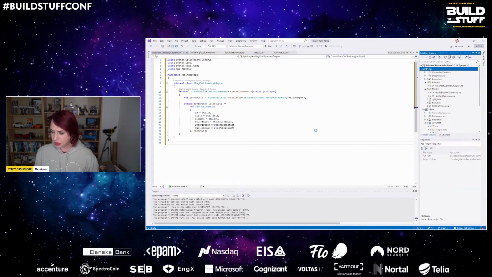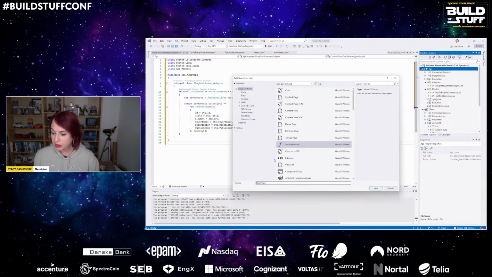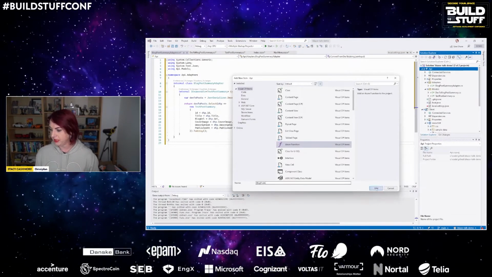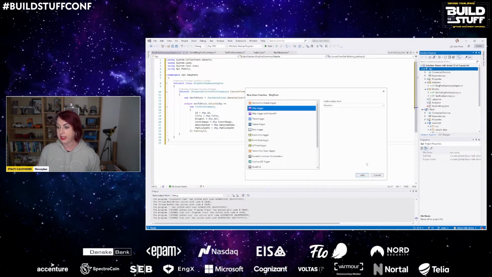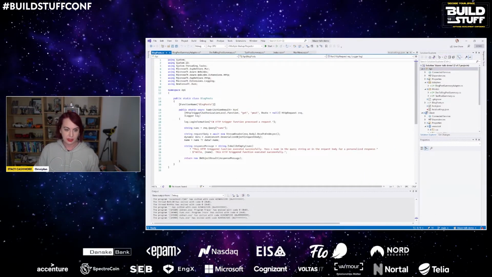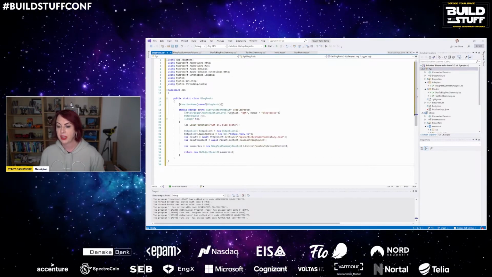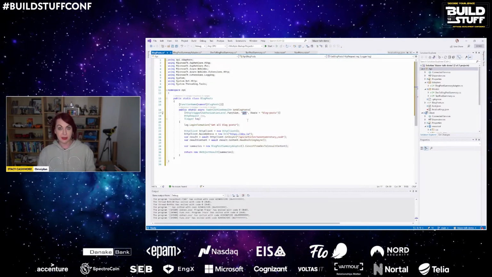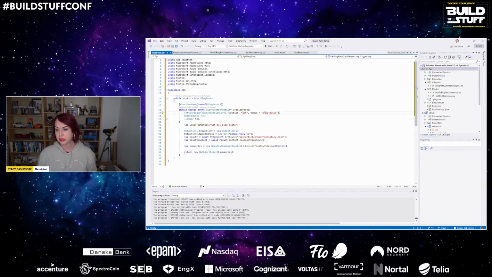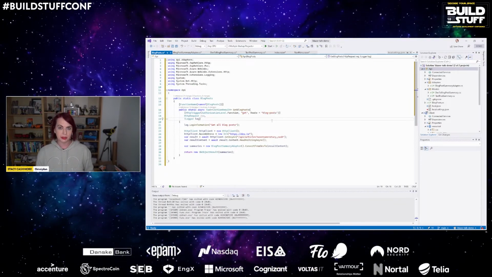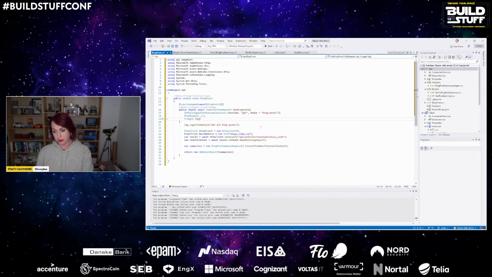So we want a new Azure function. We're going to call that blog post without the space at the end. We want a HTTP trigger. And then we've just got one last code snippet that we're going to bring across. Again, we're running a HTTP GET here. We don't want to open this up for post. And we're going to run this as blog posts as the root, API/blog posts.